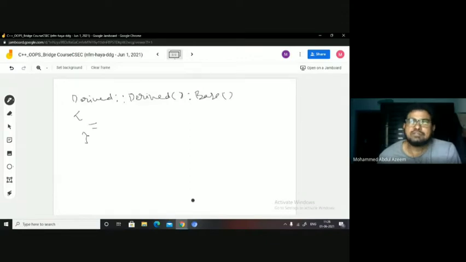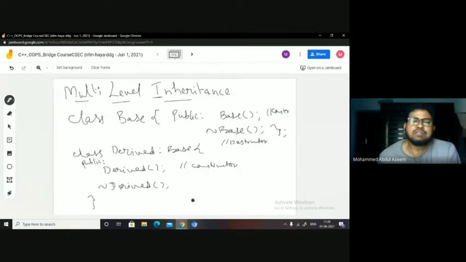The base class constructor is going to be called first, then the derived class constructor is going to be called, so that the members associated with that particular derived class object, which are not only the derived but also the base, are all initialized by invoking both the base and derived class constructors. Okay, I hope this is clear to all of you. Now the next thing is, if I have a destructor, right?